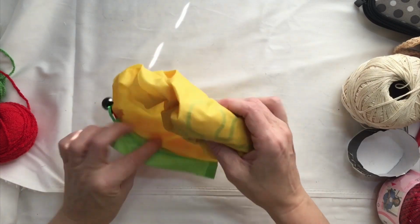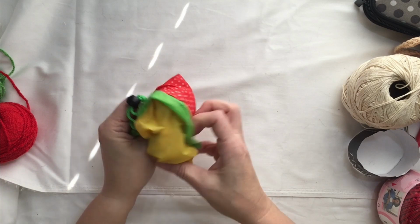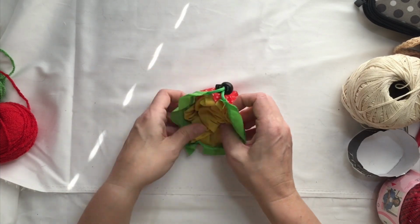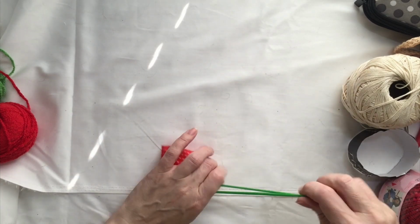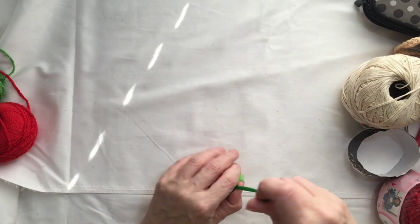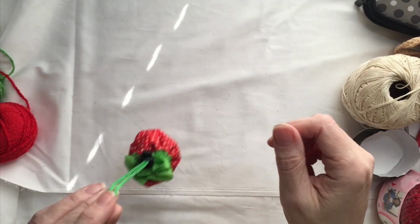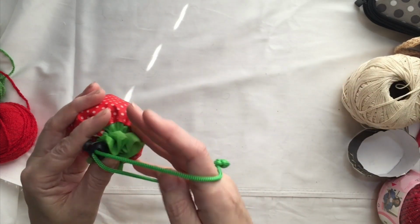it fits into its own corner. Then it has a drawstring on it, a little locking drawstring, and it's a little strawberry. Look at how cute that is. It's just a little strawberry, and so it's a little bag that you can carry around without it being a